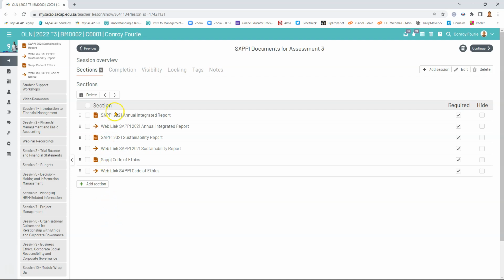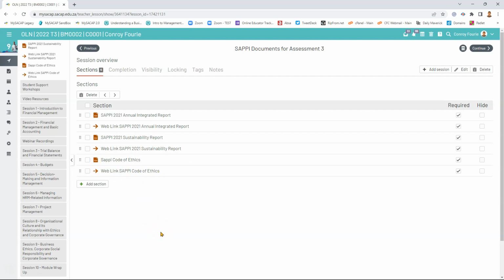And then to come back to the SAPI reports, again, there's no expectation that you would have read these things word for word, because there's really a lot of information on here. You need to use an intelligent approach to these various reports. Your departure point will be the questions in the assessment in the module outline, and let that guide you in your review of the various material that SAPI has, the annual reports and so on, and then of course the code of ethics.